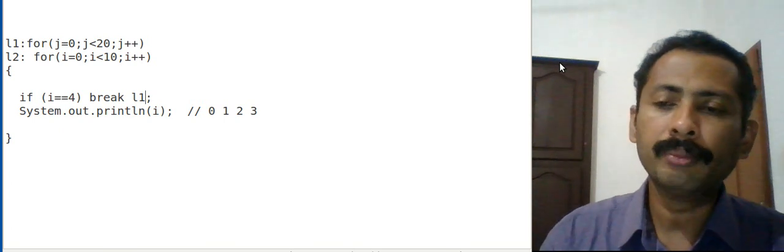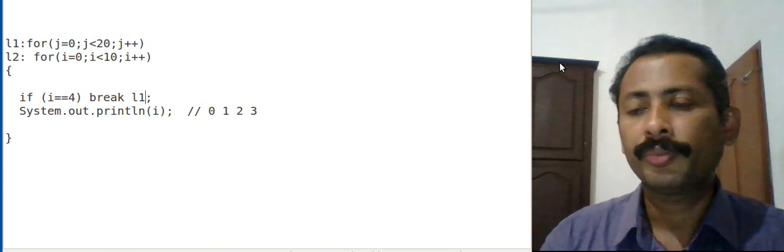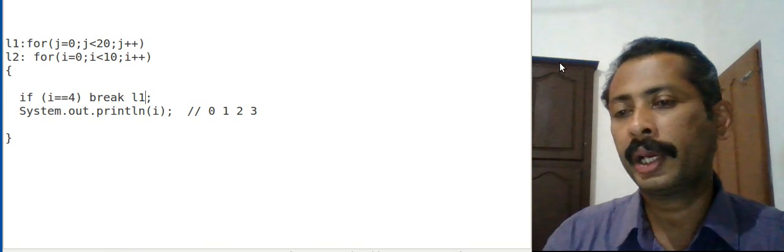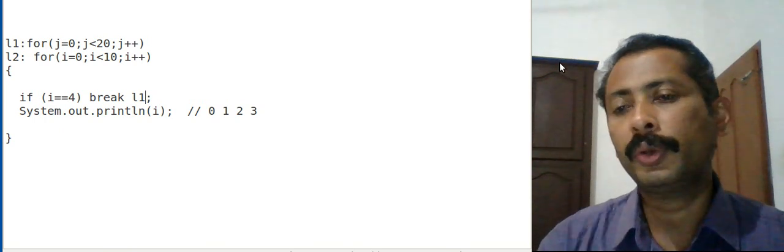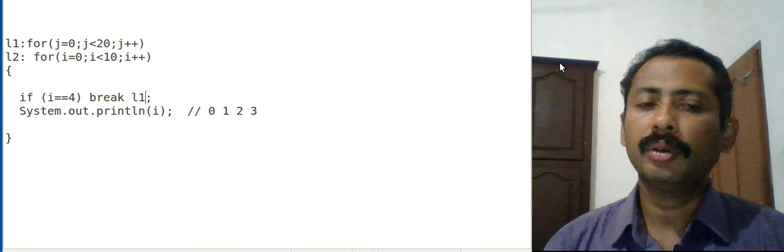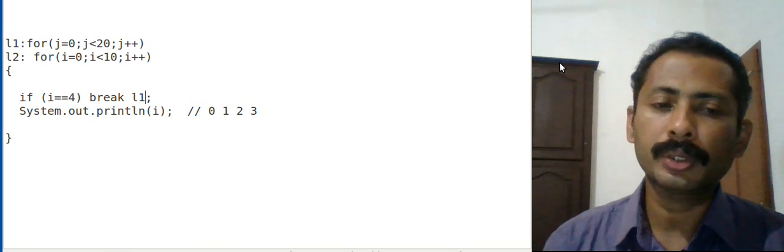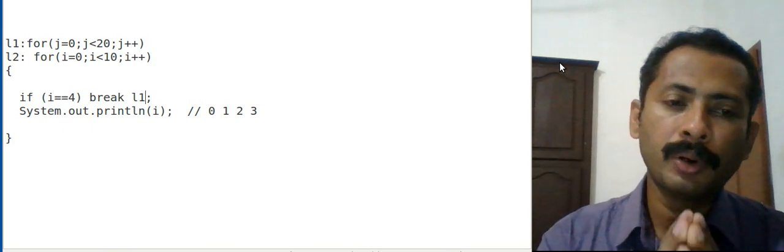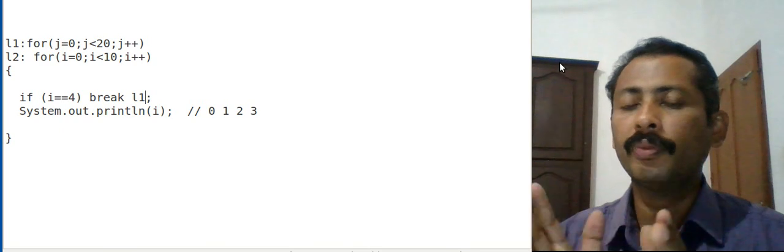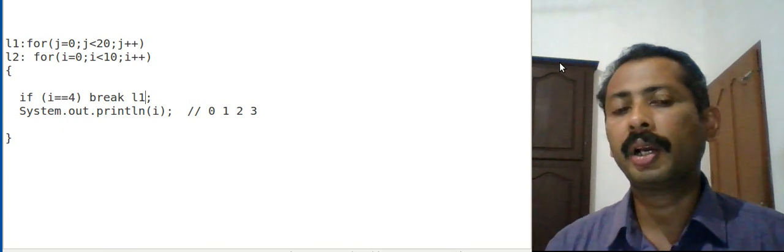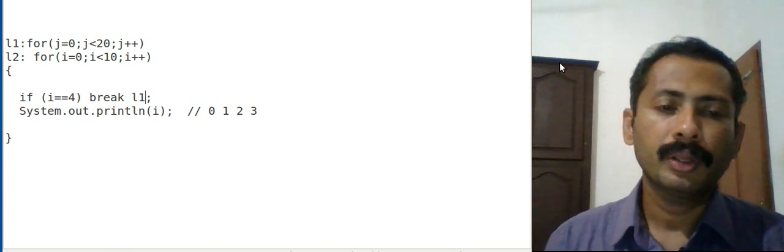So break from the outer loop also. So break can be used like this. Also continue can be used like this. So this is done by using labeled loops, and we have to give the corresponding label on which the break or the continue has to be applied.